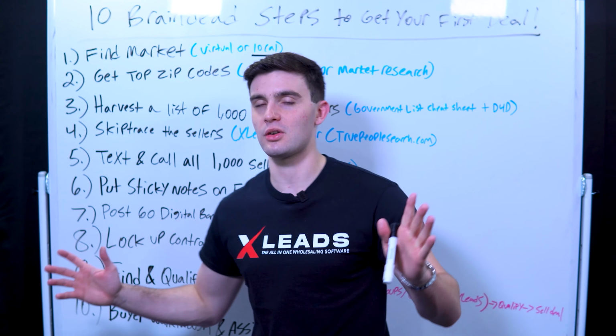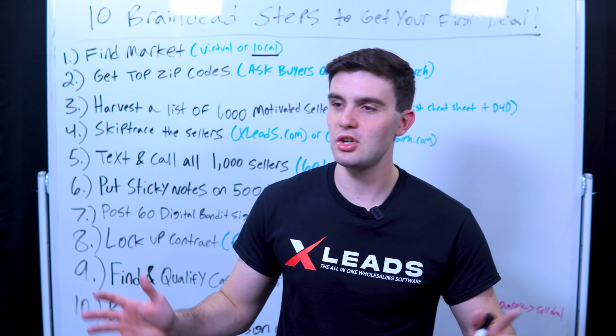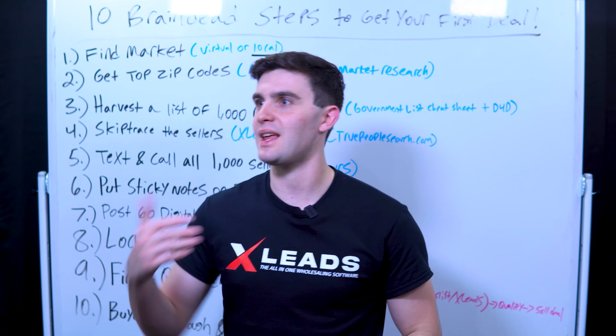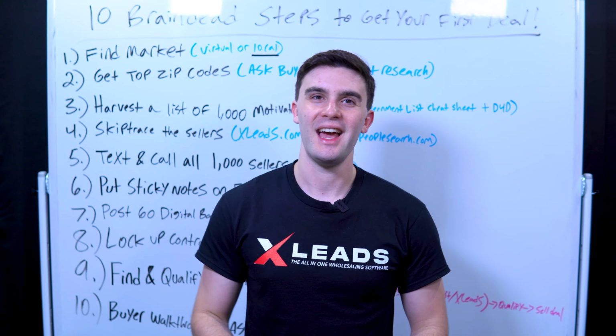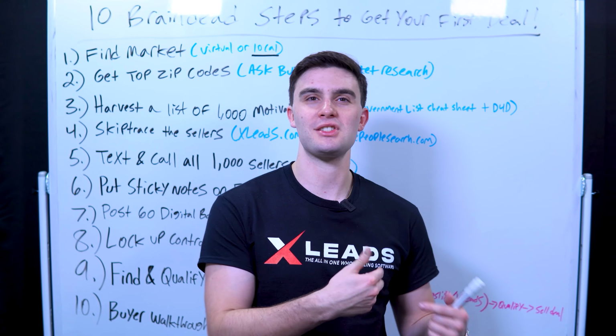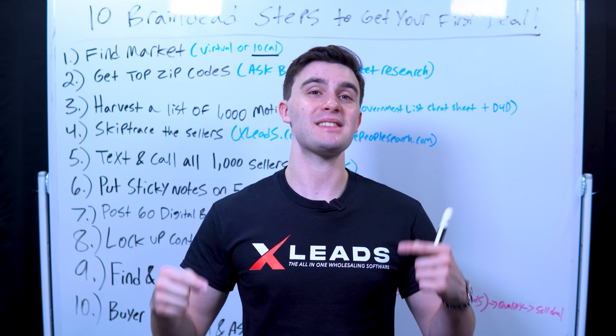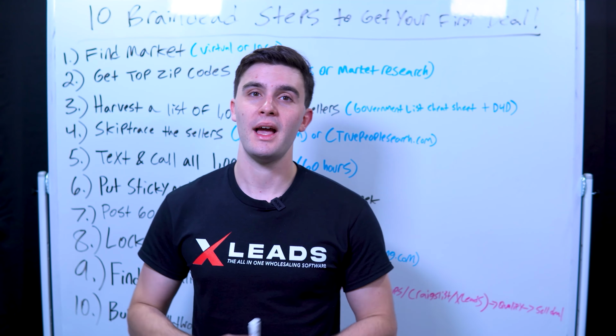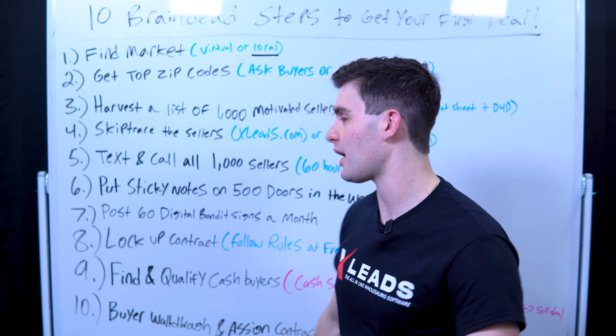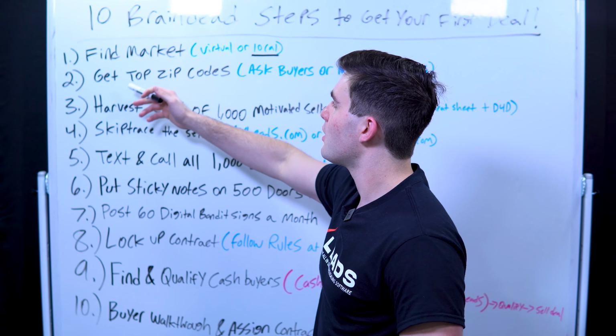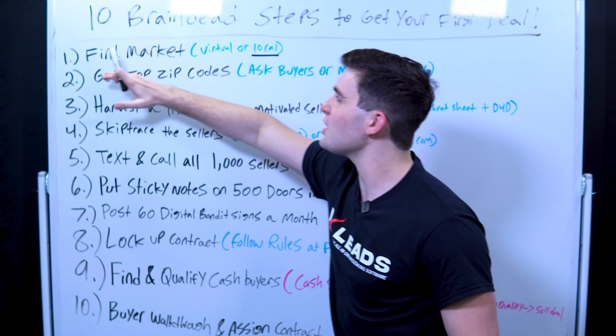Everyone's been asking me to write a book on wholesaling real estate. I think books are pretty stupid because once you get the book, the publishing, the editing, wholesale has changed. And so I have a PDF that I update pretty much every single month. And in there, I release my top 25 virtual wholesaling markets and all my rules, tips, scripts, and calculators. Now, on top of there, we're going to find our top zip codes. Now, I'm glossing over the market part, right?